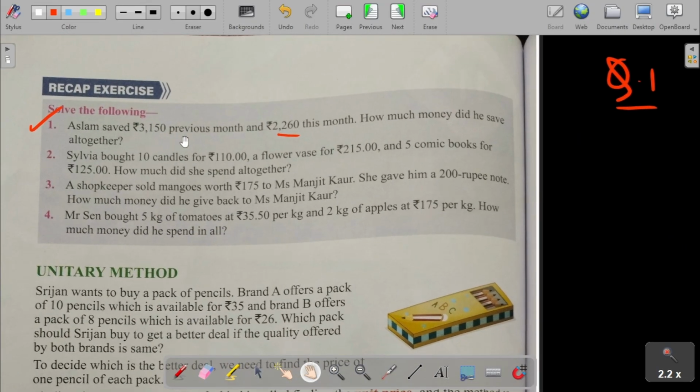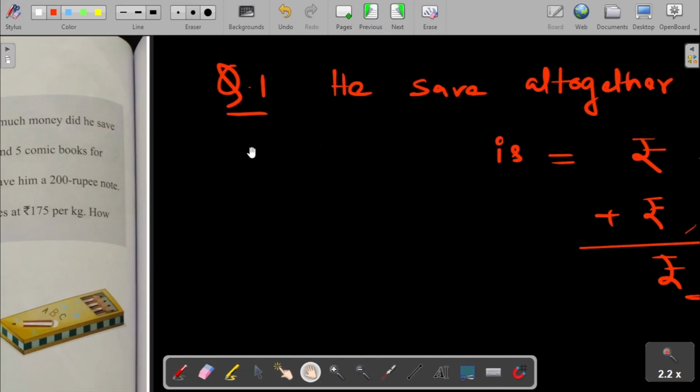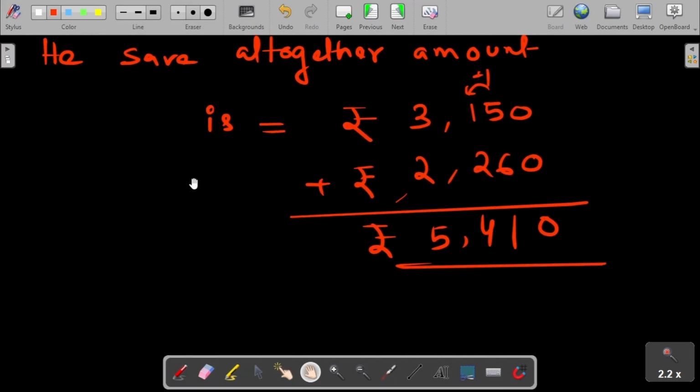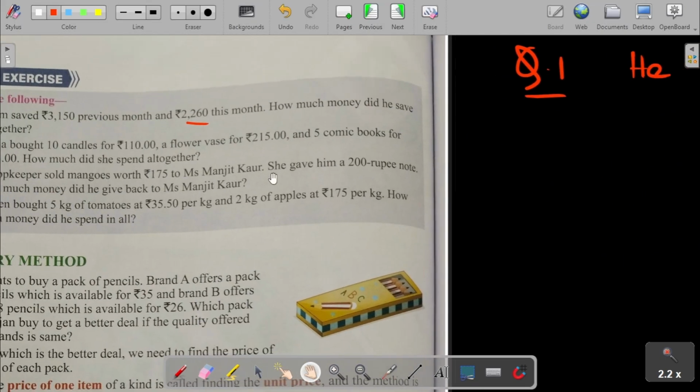তাহলে সে যদি আগের মাসে 3,150 টাকা সেভ করে আর এই মাসে যদি 2,260 টাকা সেভ করে তাহলে টোটাল সে সেভ করছে 5,410 টাকা। ওকে, এবার কোশ্চেন নাম্বার 2 তে কি বলেছে দেখি।